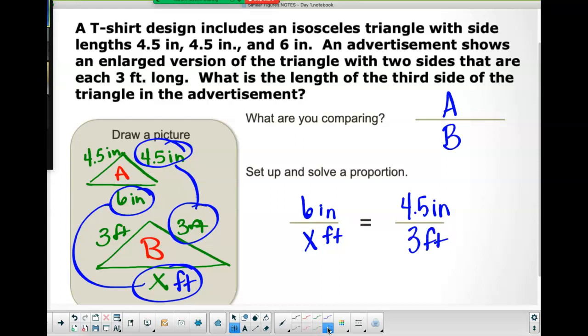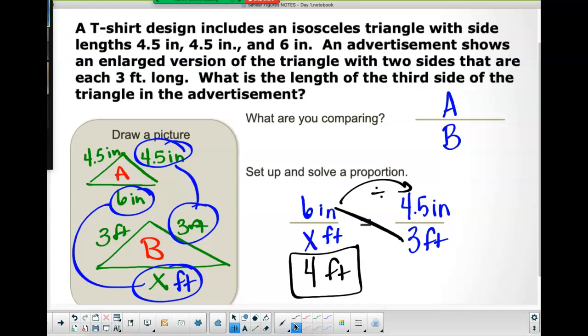Okay, now you're going to use your calculator and solve that. Multiply the two numbers on the diagonal. 6 times 3 is 18. Divide by the third number. And you get 4 feet as your answer. So the final side is 4 feet long. Okay, questions there? All right, we're going to stop at that for the notes. Okay, I want everybody